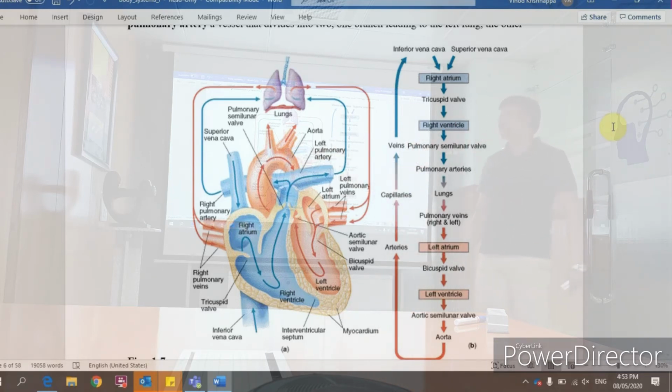Coronary artery is one of the first vessels that comes out. And the septums, I've told you, the interventricular septum is mentioned, myocardium is mentioned here. Tricuspid, right pulmonary veins, left pulmonary veins getting inside, aorta, lungs and heart. See, same flow of the diagrams. Inferior and superior vena cava, right atrium, tricuspid, right ventricle, pulmonary semilunar valve. Semilunar means half-moon shaped. Pulmonary artery to lungs, pulmonary veins to left atrium, bicuspid, also known as mitral valve.